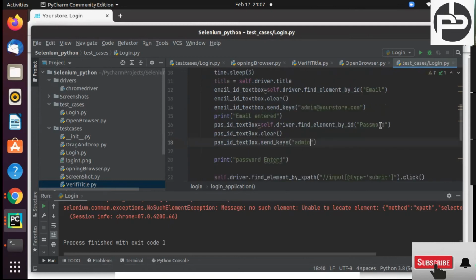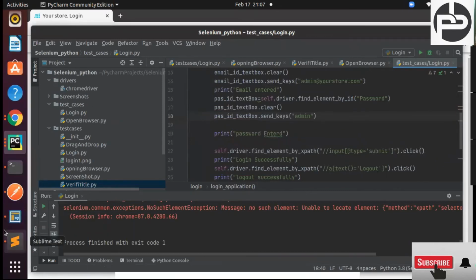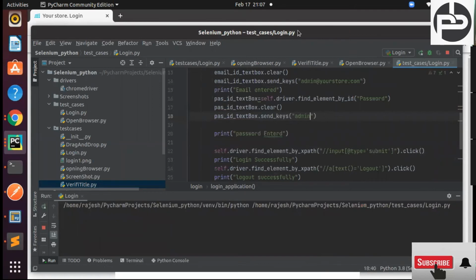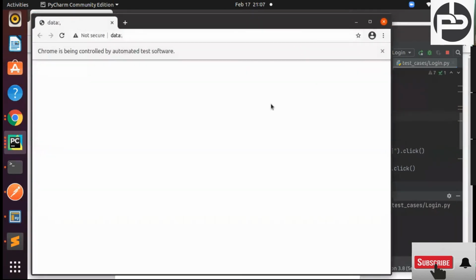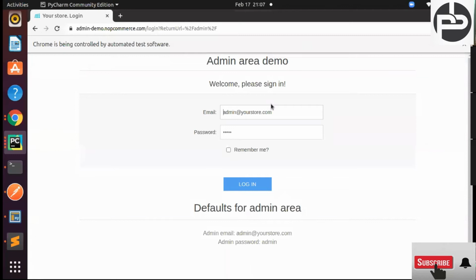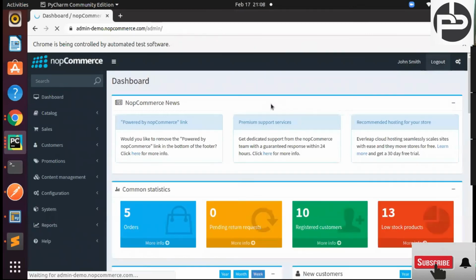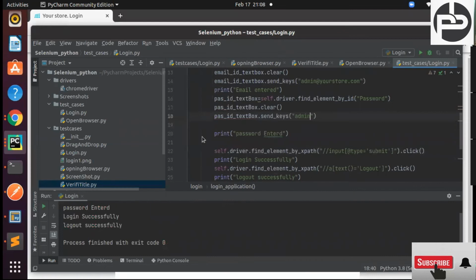Any doubt till now? चलो अब run करते, right? We were facing some issues, so we solved that. Always best practice, if you are sending an element, then call the clear function. Now it cleared and passed the element, and now we are able to do the login. Okay, login and logout happened successfully.